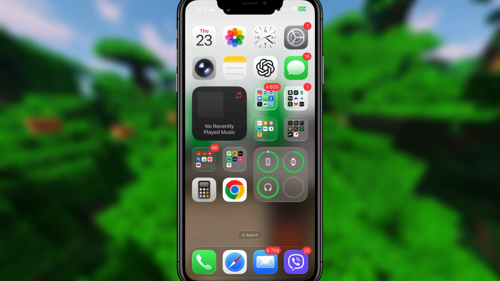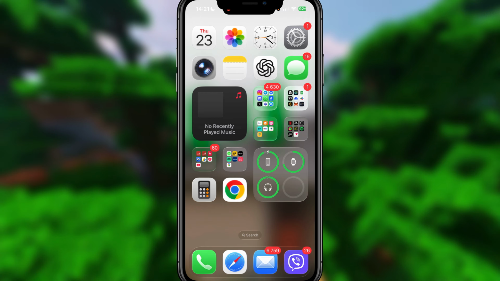iPhone screen. There's a few things you need to do, but first